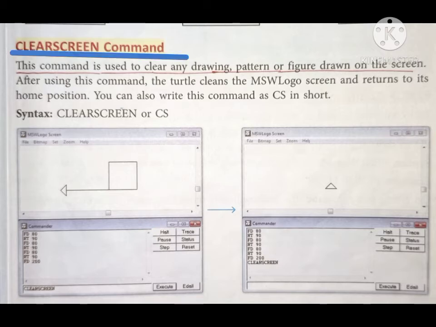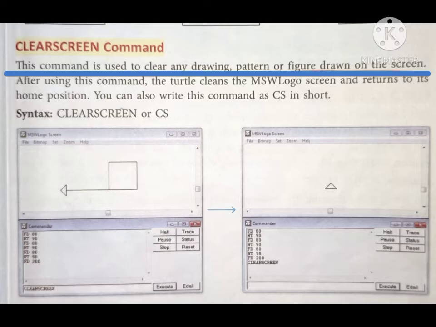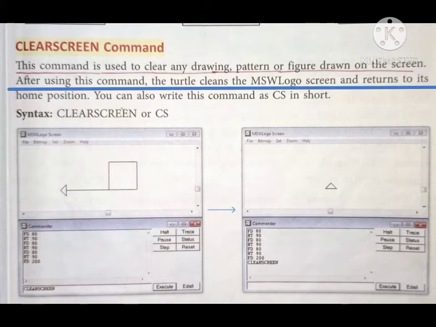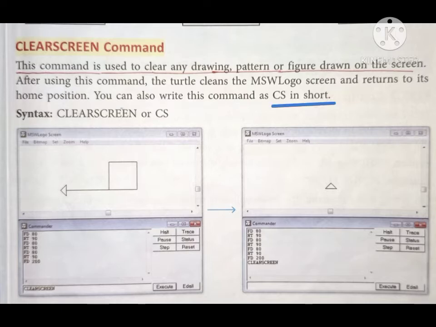Next one is the clear screen command. This command is used to clear any drawing, pattern or figure drawn on the screen. After using this command, the turtle cleans the MSW Logo screen and returns to its home position. You can also write this command as CS in short.